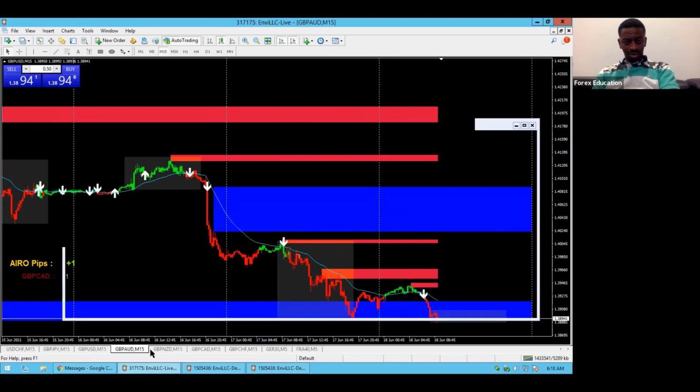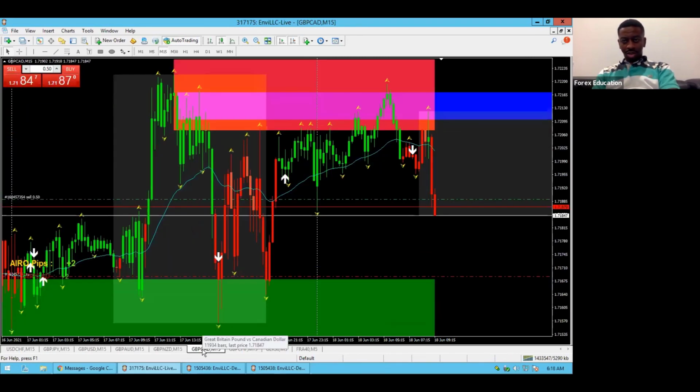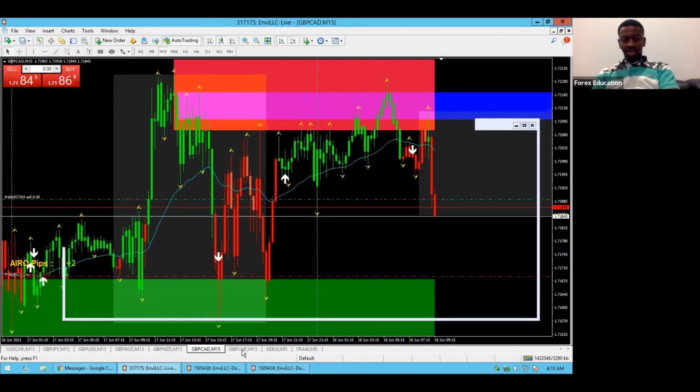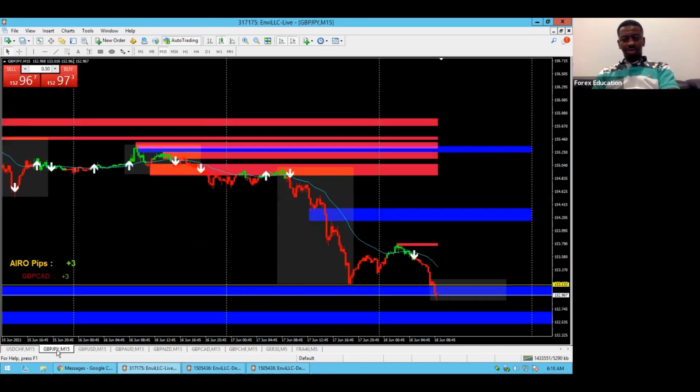GU trying to push. GR still pushing down. GN still pushing down. That's what I like to see. I like to see everything else still pushing in the same direction. So we got that correlation we need. Everything's still pushing down. All right. I want to be able to get in. I'm hoping we can get a quick 10, 15, even a full 20 before New York.